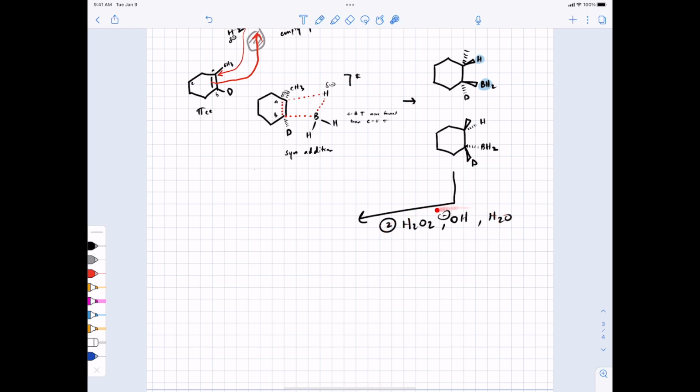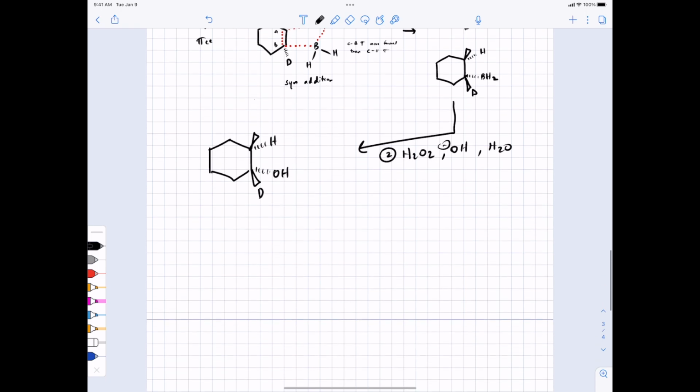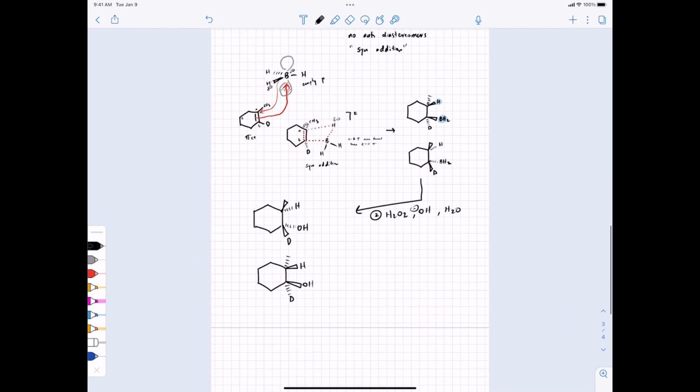These conditions are oxidation conditions. They literally replace the carbon-boron bond with a carbon-oxygen bond, and they do so without changing stereochemistry where the boron is. And, as I said, this is going to look like magic chemistry, and this may be one of the details you have to memorize because I haven't explained why or how it happens. That stuff is known, but it's not that useful to know, at least at this stage. So